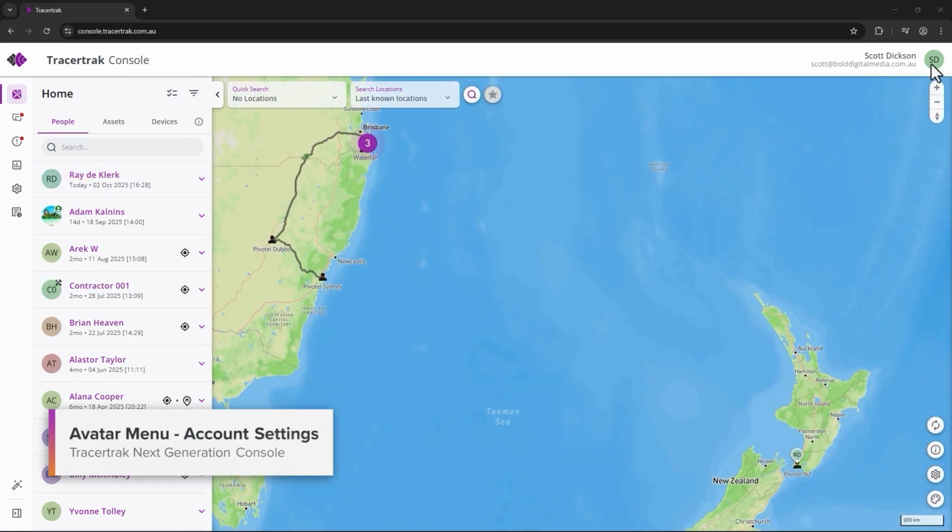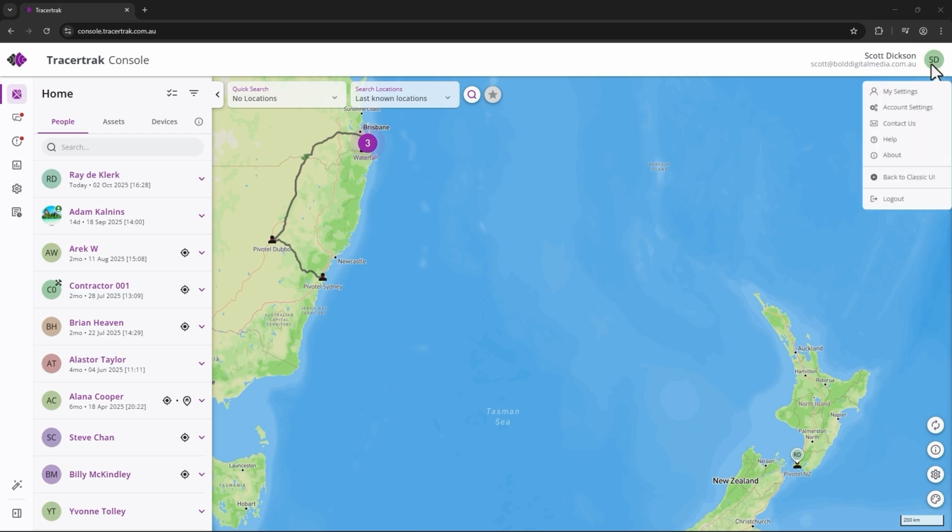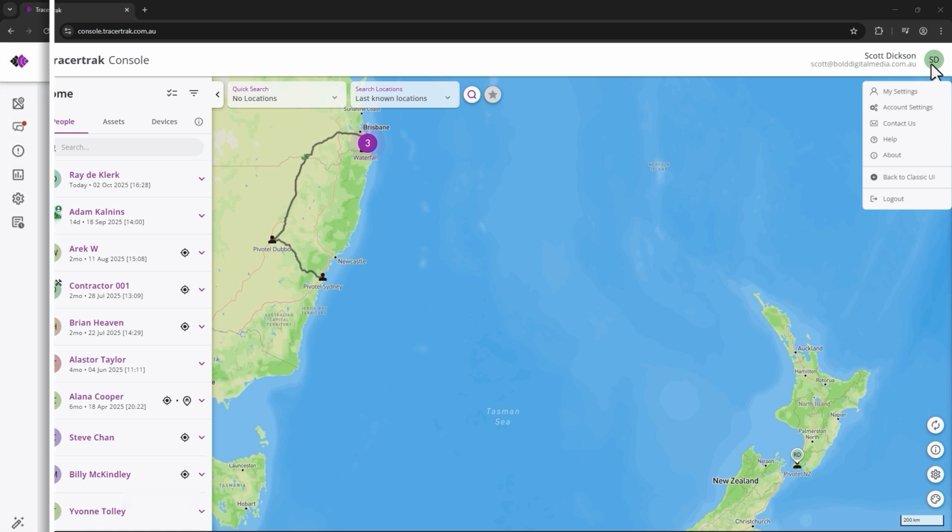In the top right corner of the map, you will see the avatar. Clicking on this will present a drop-down menu that shows a series of options based on your access level. If you're the account administrator, one of the options present on this menu will be the Account Settings option. Clicking on this option in the menu will take you to the Account Settings page, and on this page, you